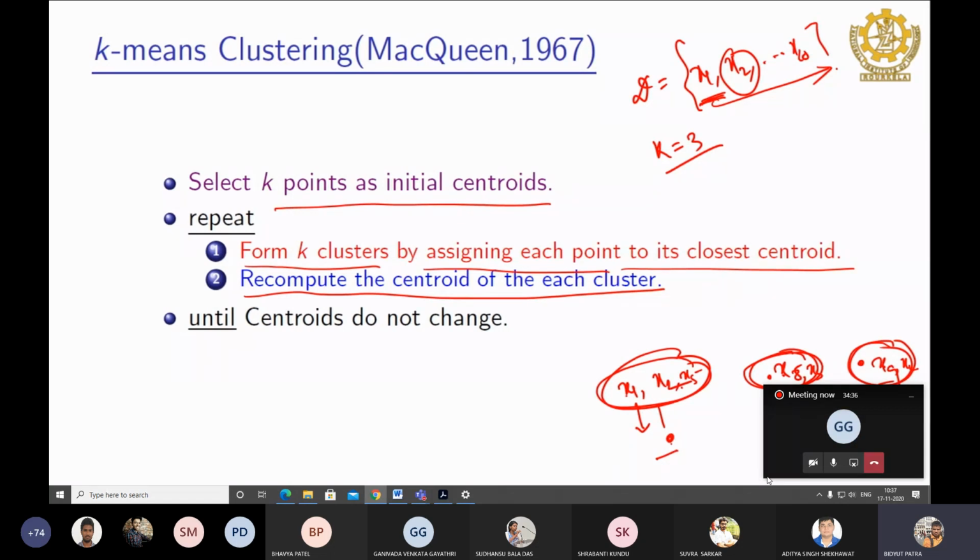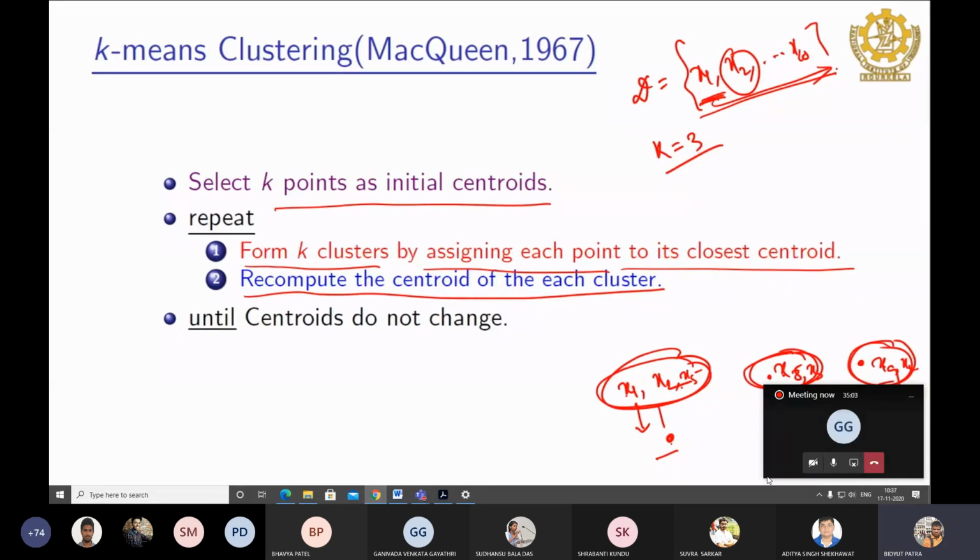If changes happen between these 2 consecutive iterations, that is, if there is a change in the centroids and it is not the same point becoming the centroid in the next iteration, then what you have to do? You have to recompute. You have to do the same thing. What is that? Again, you take all 10 points and you assign each point to the closest centroid cluster.